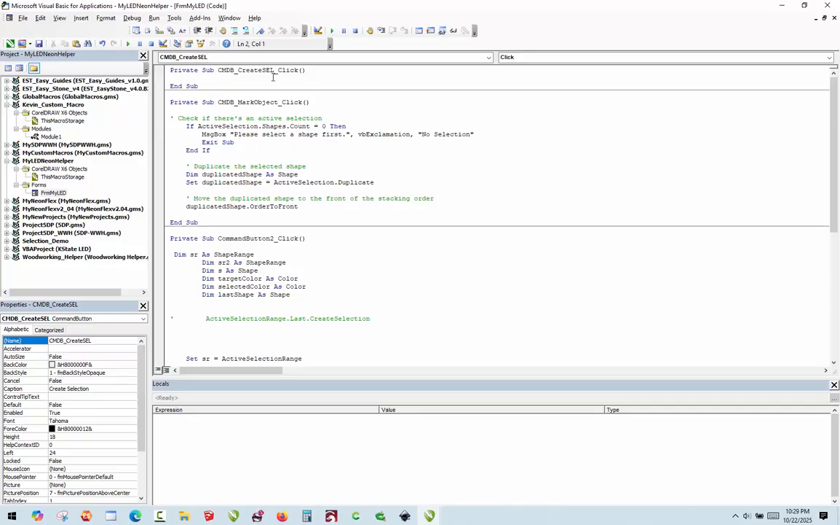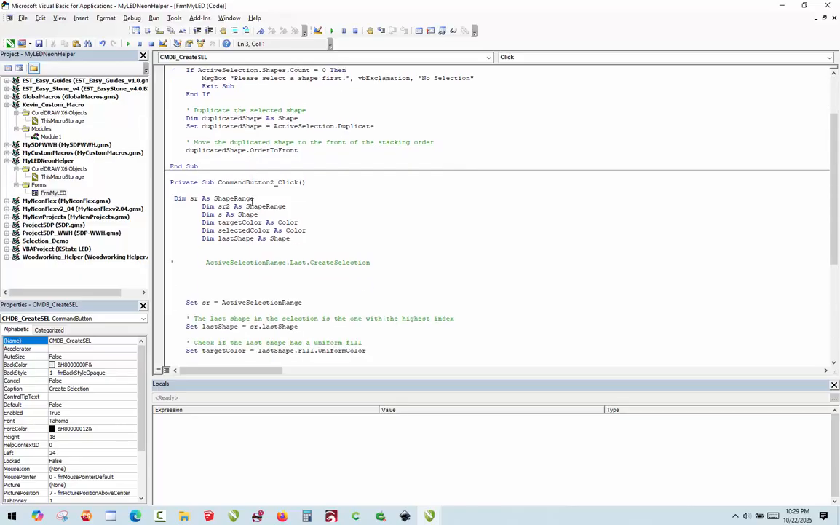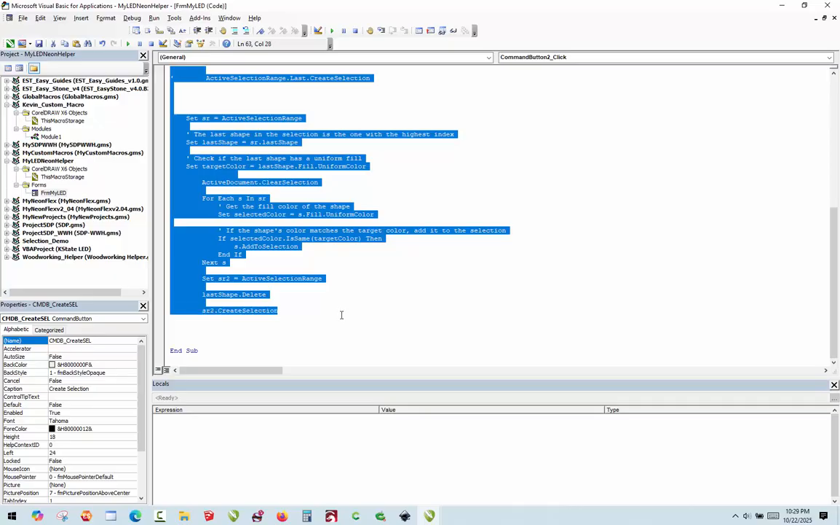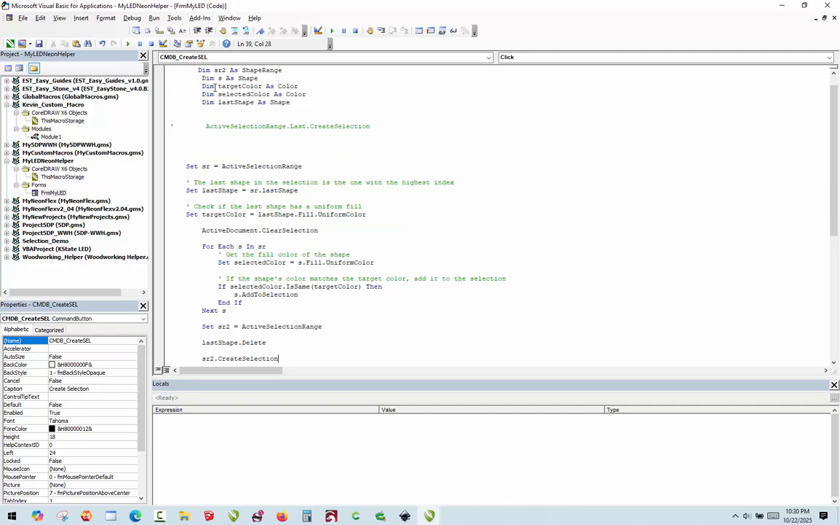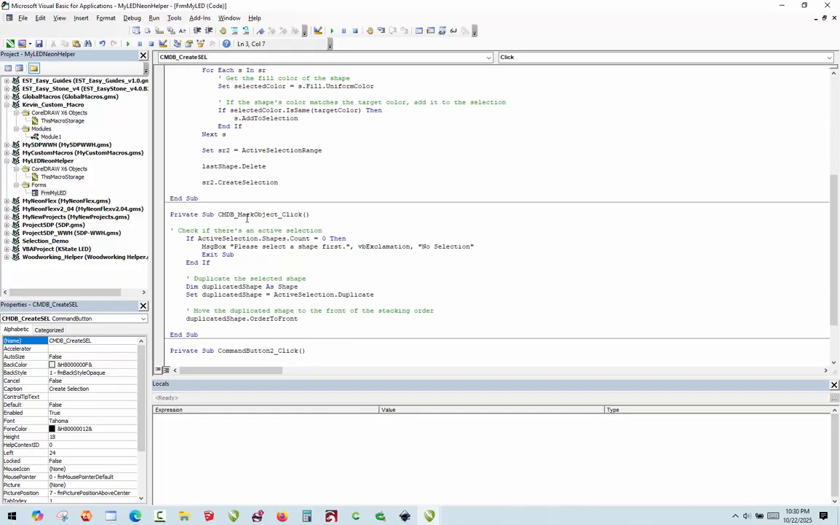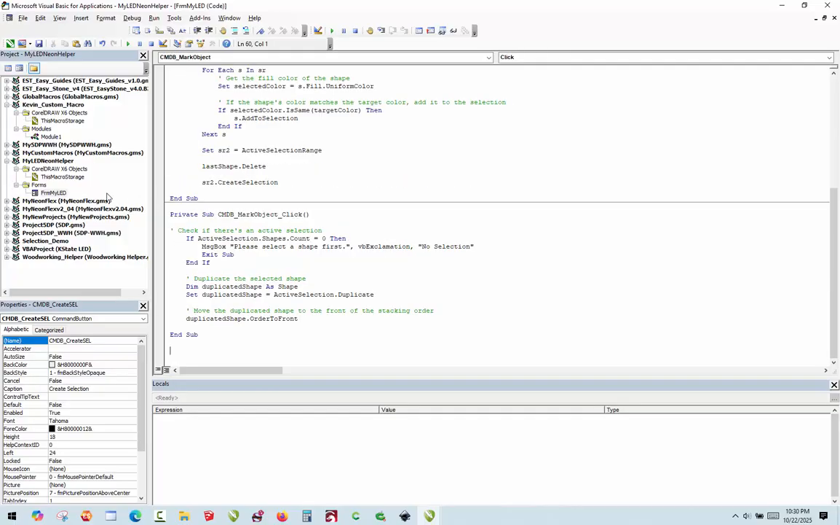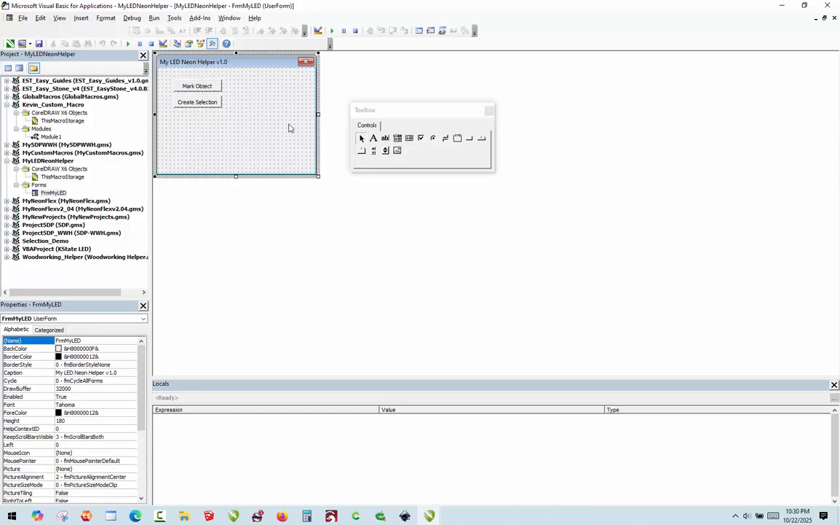So you see here, we have this. So now we can take all of this code here and put it up here. And now when we click on that button, it'll run that code. So now we don't need this at all anymore. So this is the two buttons that we currently have available. So now let's go ahead and